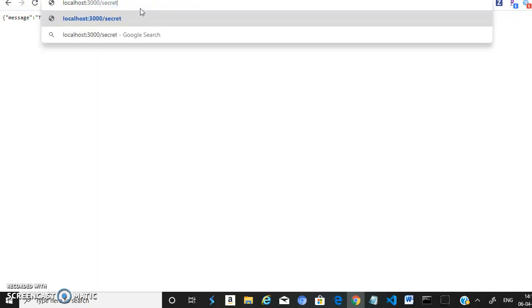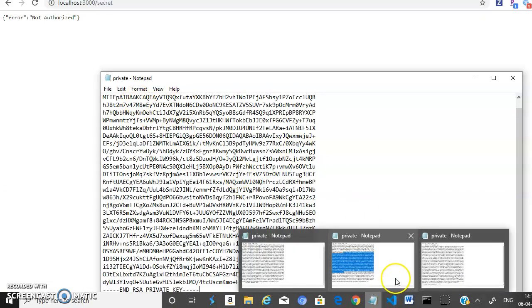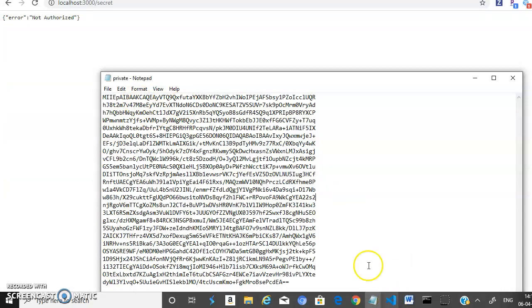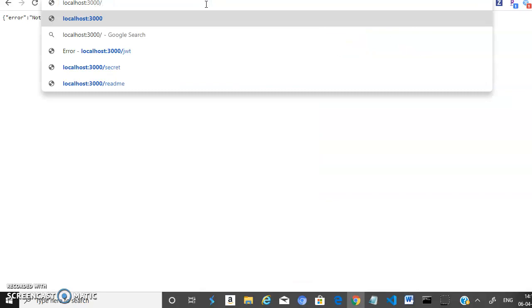If I give the URL as secret, it will show you not authorized. So for this, it is showing like this because I have authenticated JWT tokens. So in order to authenticate your app to JWT token, you have to do this. This is the key. Okay, this is the private key I have implemented in the project, and whenever you implement this key in your project,